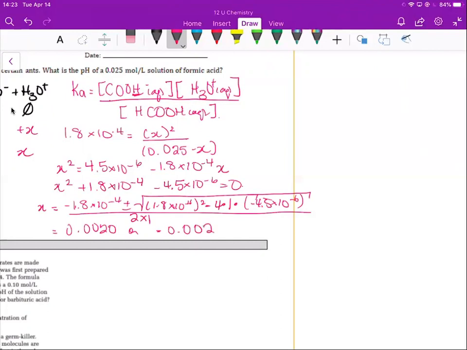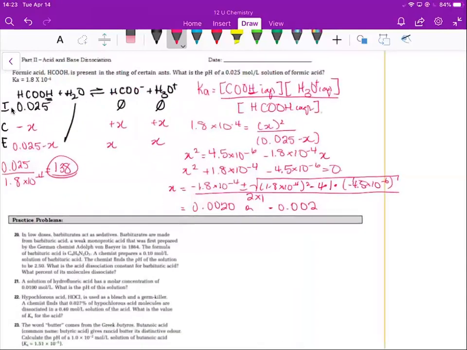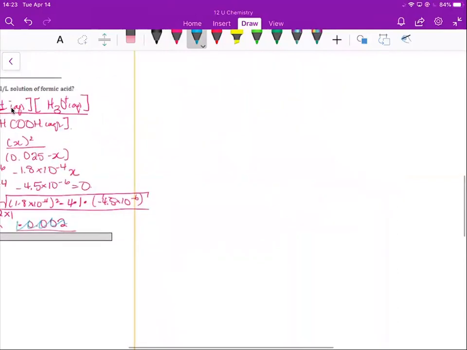And let's think about it. So I always say that there's a real root and a mathematically possible, but realistically impossible root. Can you have an X value of a negative number? No, there's no such thing as a negative concentration. So therefore, the only real number is 0.020. Okay? So when I come over here, X equals 0.020 mole per liter, which means that the pH is negative